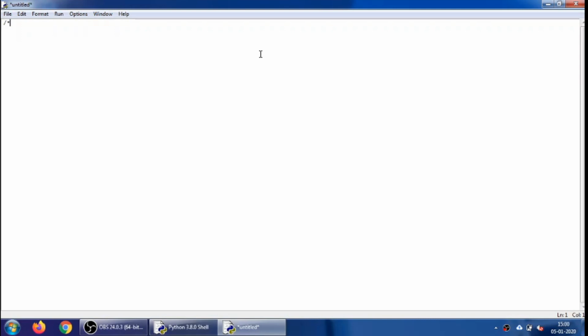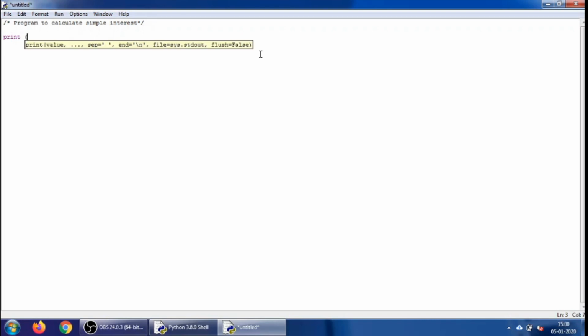Okay, so we will start with creating the syntax /* program to calculate a simple interest. Now this kind of a syntax is basically meant for comments. If you have any program in which you want to write a comment, you can write it accordingly. So let us go ahead with writing down the first statement: print, please enter the principal amount. We will put this in quotes,